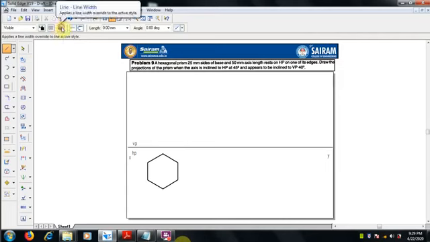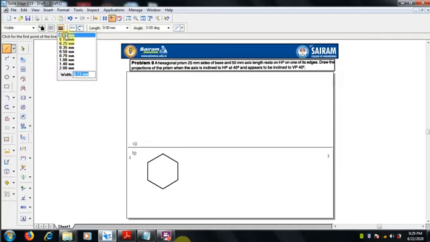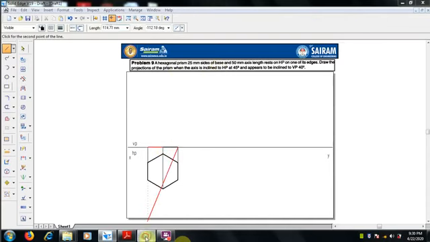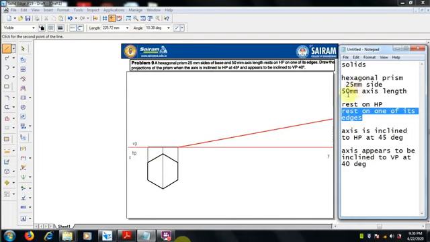We have to go for making the front view and the axis of the prism. Also we have to find the center axis. Then we can project by selecting the edges for drawing the front view. Select 0.5 mm thickness line and join this. The axis height given is 50 mm.